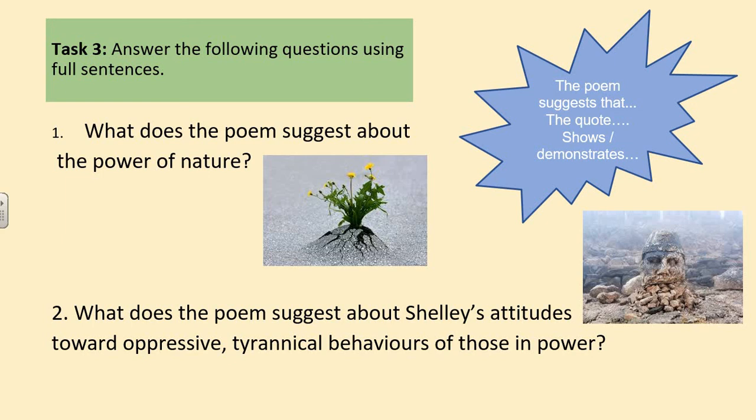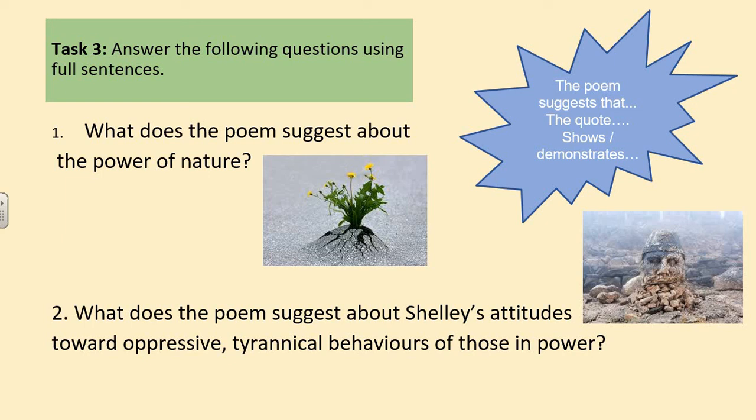Now your third task, I would like you to answer the following questions using full sentences. Question 1. What does the poem suggest about the power of nature? So this is a really key theme in this poem. Throughout the anthology that I spoke about at the start of this film, there are many poems that reference the power of nature. So it's definitely a theme that will be common in many of the poems. It may be something that you also talk about at GCSE in one of your exams. So it's very good to get the idea of how nature comes into these poems and how the poets want to deliver that message that maybe nature has more power than we do, than what is going on in the world, etc.